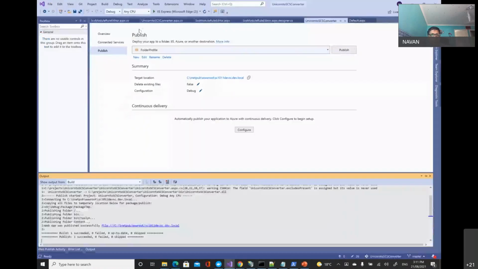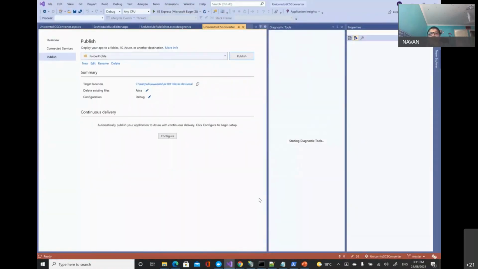I will show it in my local environment. So this is the URL, SCS module rule editor.aspx. So this gets installed. You can install it as a module. I have not created the package, but once you create a module, it becomes part of the control panel, and then from there you can access it.